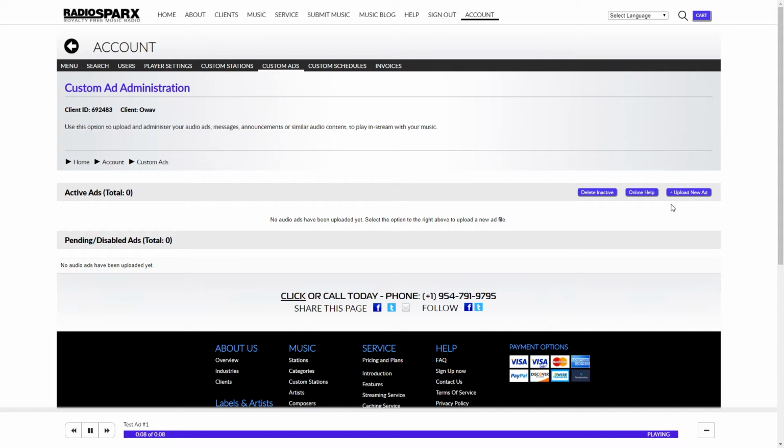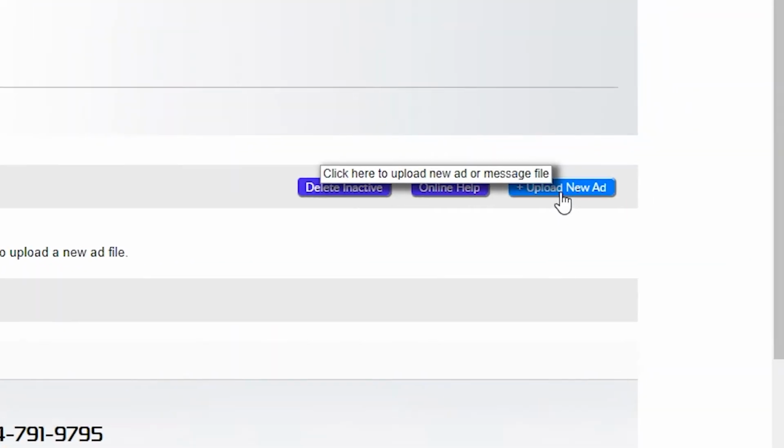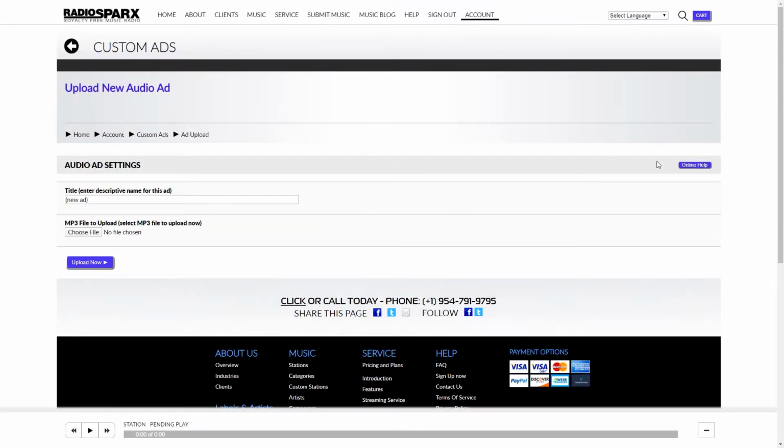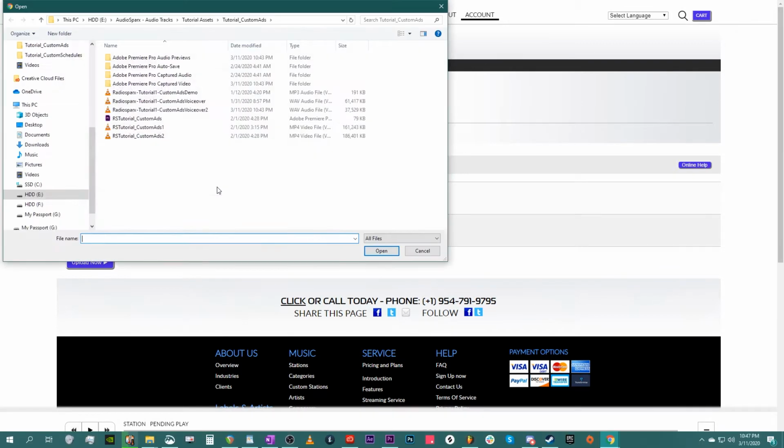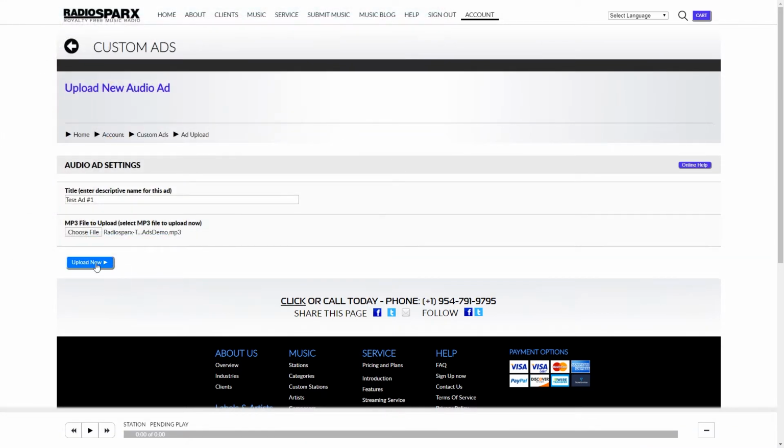This is where all of your ads that you've uploaded will be listed, whether they're active, pending, or disabled. To add our first ad, you'll see to the right-hand side we have a blue button labeled Upload New Ad. Let's go ahead and click that. All we have to do is give it a name and upload the audio file. I have a test file here that I'm going to upload. Once I've selected my file here, which I've already prepared in my audio workstation, I'll just click Upload Now and